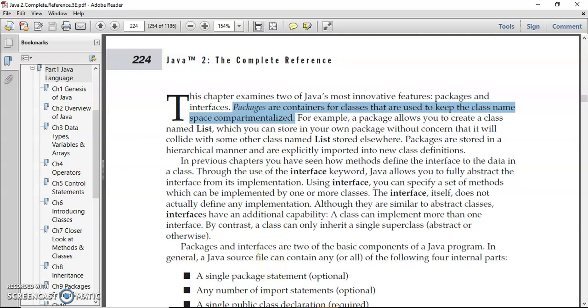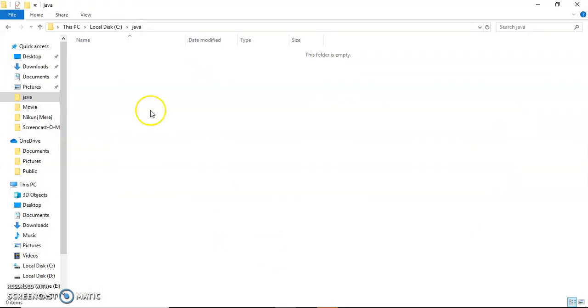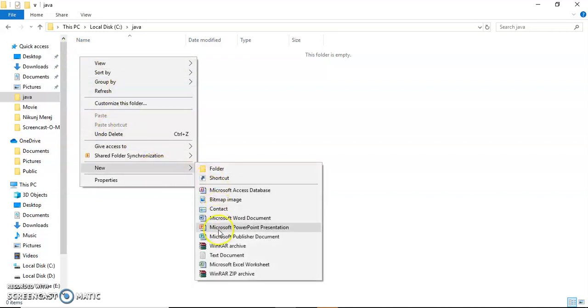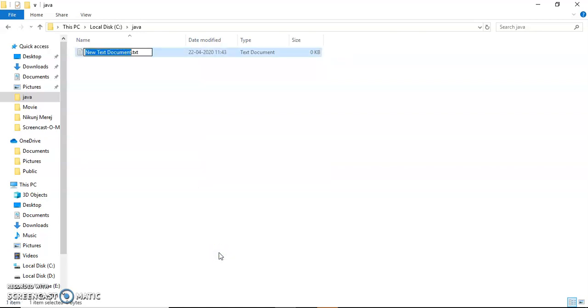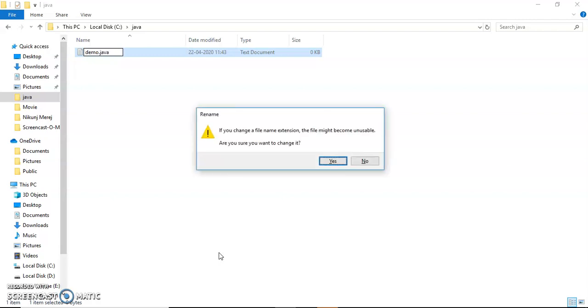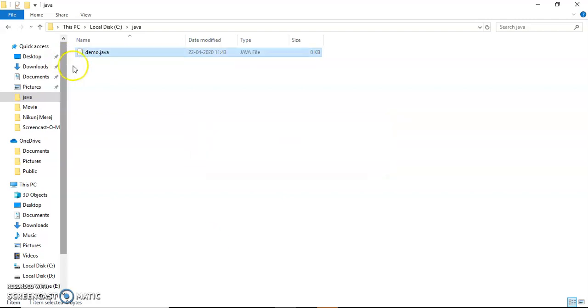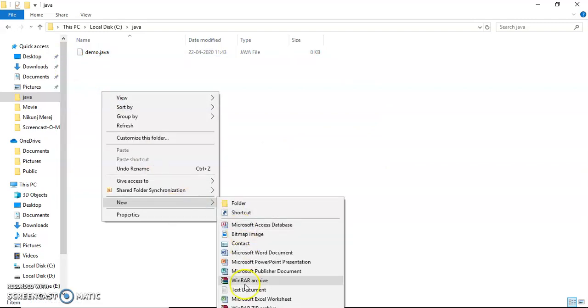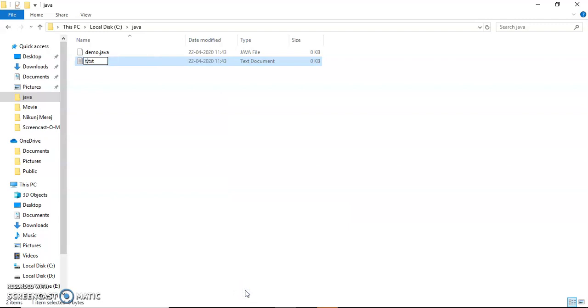First of all, how it works. Here I am going to create one file, demo.java, and I create another java file named test. So these are the two java files.